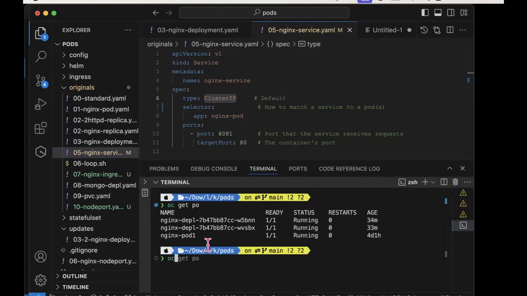So oc logs. Grab this one. The minus f at the end means that you want to stream them. So if I hit return,